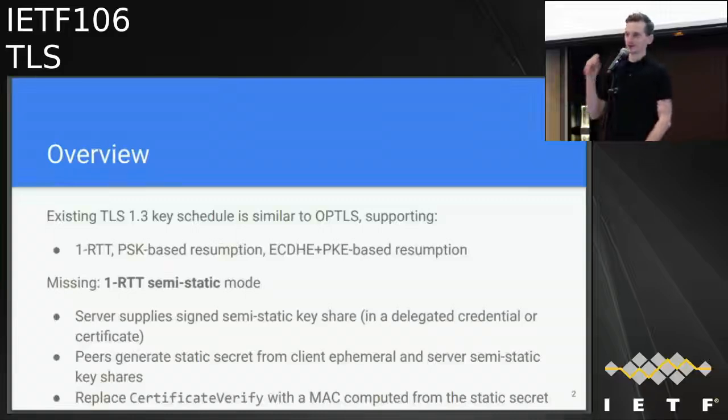So the semi-static case is instead of the server sending a cert and a signature computed over the handshake transcript, you get a static Diffie-Hellman key share, either in a delegated credential or via carrier pigeon or something else. Mix that into the key schedule and then replace the certificate verify, which is typically a signature, with a MAC,